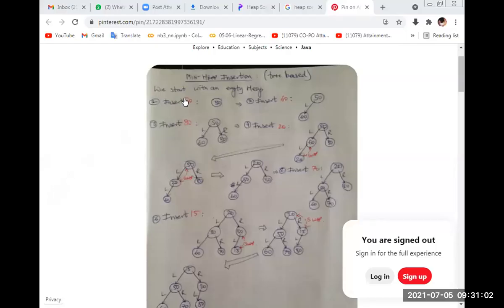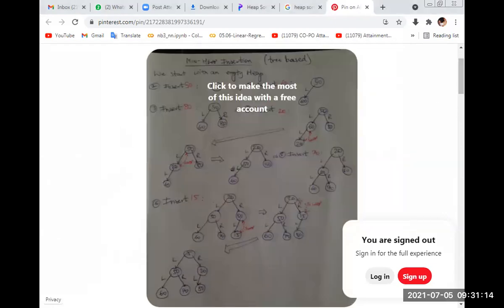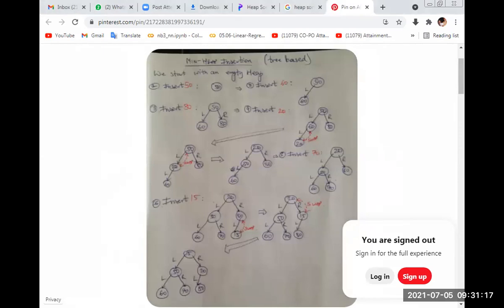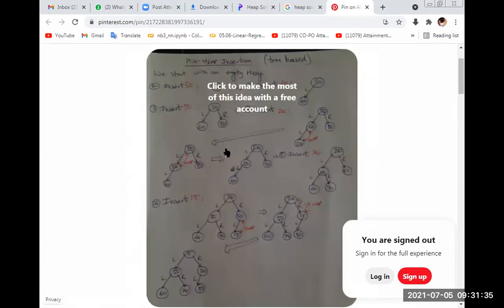See, students, see the example here of how we construct the min heap. Here I insert 50, then 60. I am constructing a min heap. See the example here, you can clearly understand. Okay, 60, next insert 80 on the right side, and next insert 20. I inserted 20 here, but this is not a min heap, so I swap the elements. After swapping, these two are swapped, then 20 comes here, then 60. So this is a min heap.